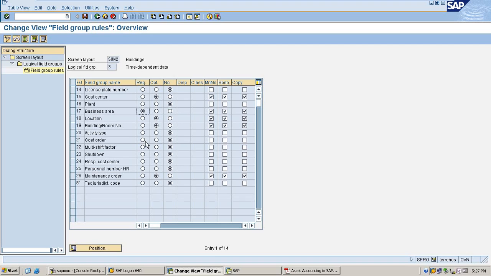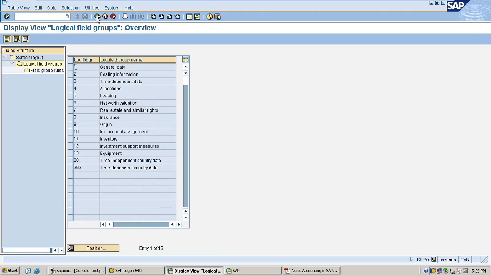Same way, if it is cost center you are maintaining, we can maintain it as required. If you are maintaining plant, we can maintain plant as required, and if you are maintaining location and shutdown, all the fields whatever you selected here will appear the same way in your asset master record, whether required, optional or surplus. So for this particular scenario I selected business area as required field. Just save it